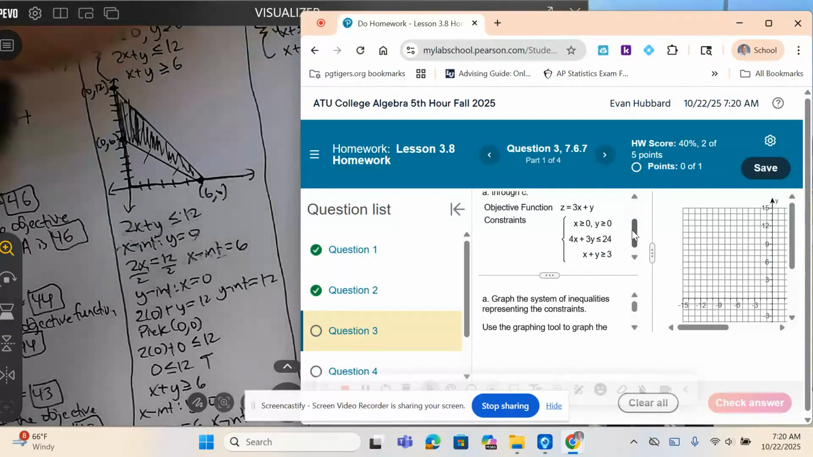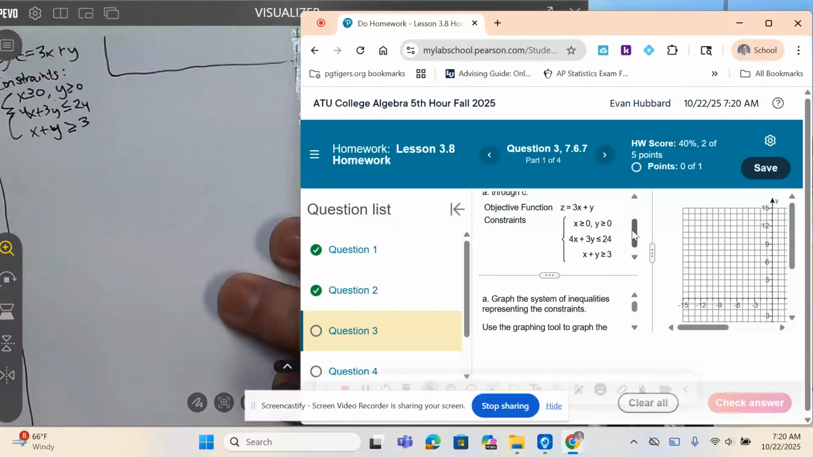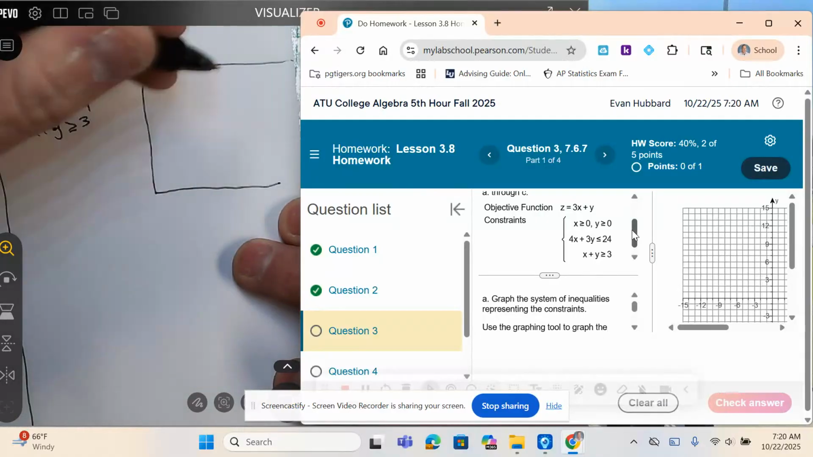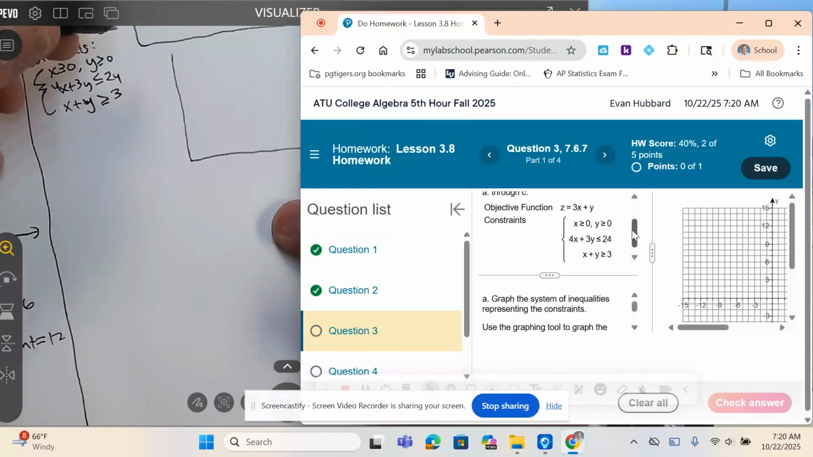Okay, so once again, I'm going to draw an L-shaped graph here. So you can see this. The reason why is because x is greater than 0, y is greater than 0. It's going to be this region here. Okay, and so now I'm going to do 4x plus 3y is less than or equal to 24. On the